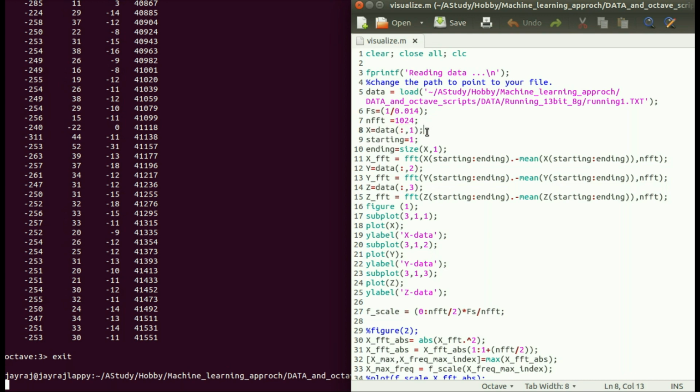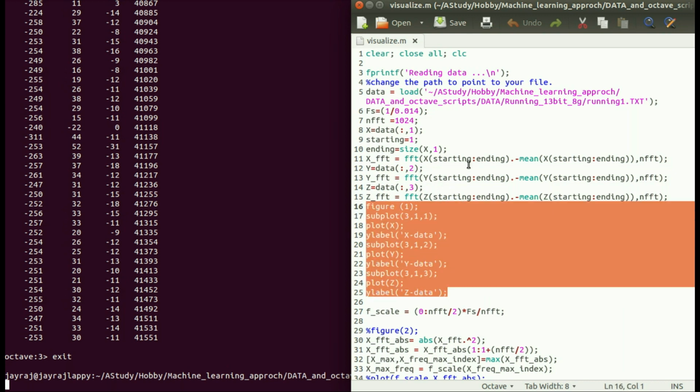This is a statement how you write in Octave to load the first column of some matrix into this other variable. Similarly, here it is loading a Y, and here it is loading a Z. And in between I'm computing FFT, that I will just explain to you shortly. And here is the plotting part. So let's plot this running data and take a look at it.